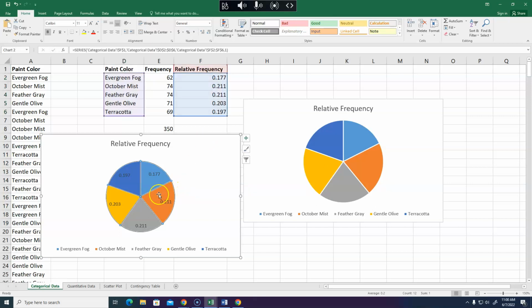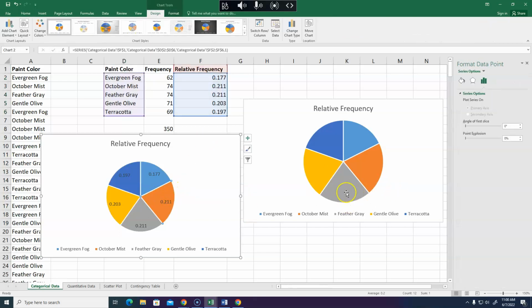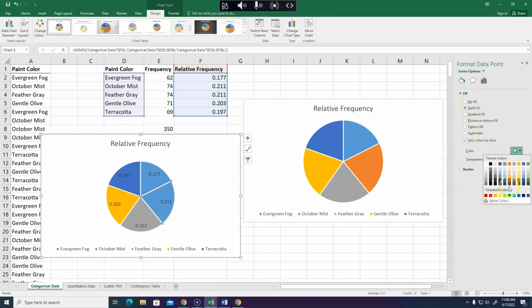And then, you can go in here and really mess with each piece, change the color of it, right? If we were trying to match up the color of the pie chart to the actual color of the paint color, we could do that kind of stuff within a pie chart. So, are there any questions here over this categorical data? Okay,